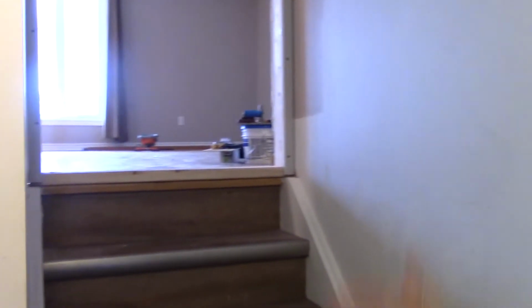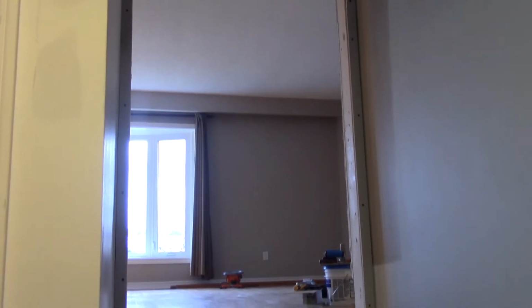Yeah. And this here is the opening, this is the back split of the house. So this will be closed off. Okay. So when you walk in, this will not be here. They will have their own separate room in here. And then in this room here,